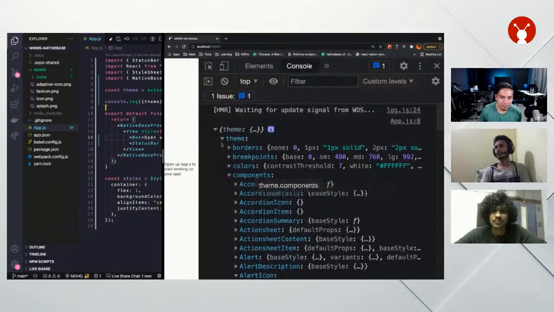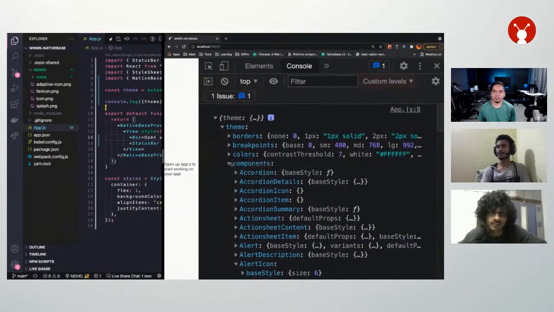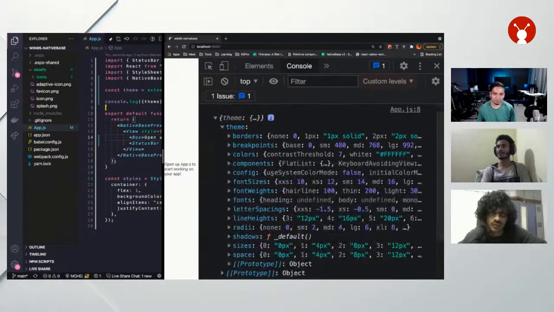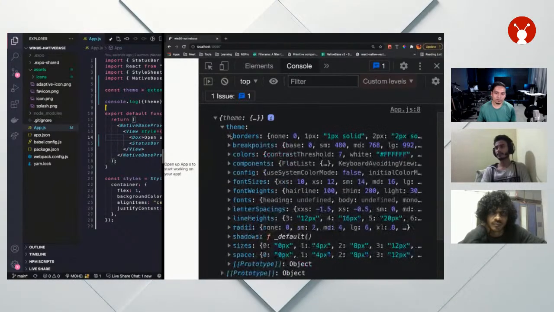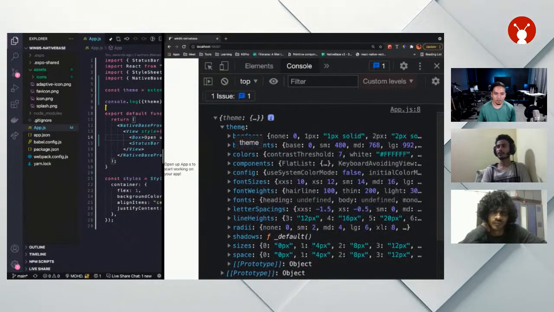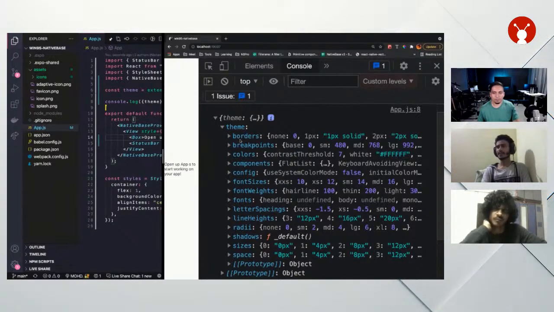So what exactly is that theme object? You can say it's kind of the heart of NativeBase. This is what makes NativeBase customizable. You can customize these objects and NativeBase will respond to it. So this is the core theme of NativeBase. We have objects like how the border has been defined, what colors we have, and